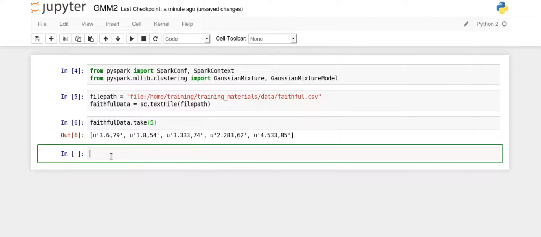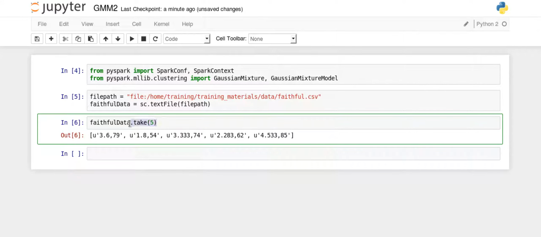A couple of things to note. The data are comma delimited. In the previous tutorial we dealt with spaces, so keep that in mind as we think about formatting this to actually train it for Gaussian mixture modeling. So what we're going to do here is create a formatted data object called formatted faithful data, and to do this we're going to call faithful data and we're going to map. And again, reminder that this map allows us to call this on each line. So we're going to do lambda line,